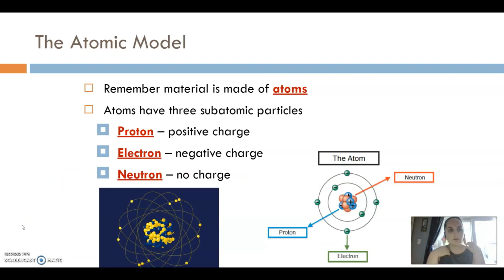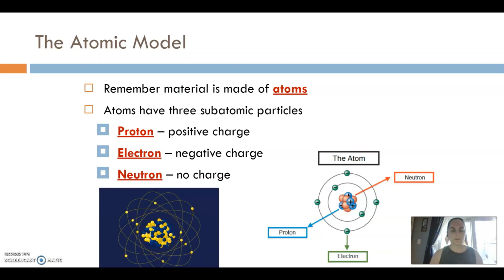What I want you to remember is this atomic model. Now we've looked at a bunch of different models. We've looked at the nuclear model that you can see right here in the GIF. We've looked at the planetary model that we can see right now. Either one is fine. It just depends on how well you visualize things. I personally like the planetary model because it helps you really see those inner and outer electrons, where the nuclear model is a bit more difficult. You basically have to trace your finger with the electron that's orbiting around the nucleus.